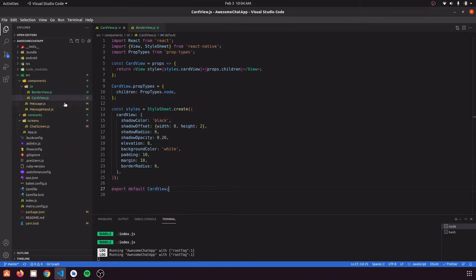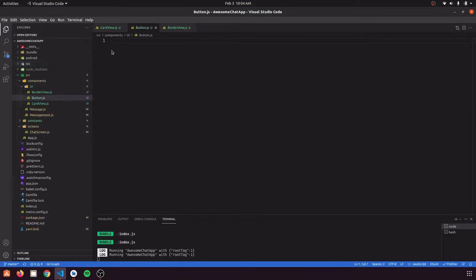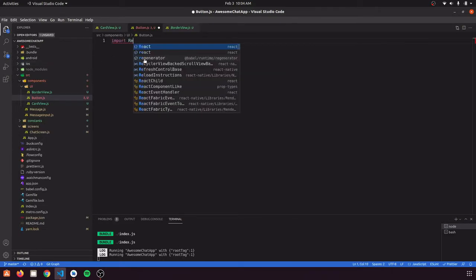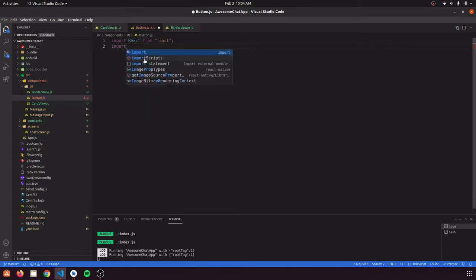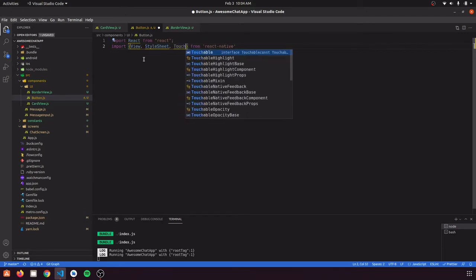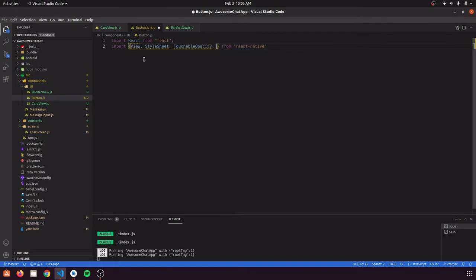So next we need to define our button. So for defining a button, let's just go to UI and create a button.js there. And let's just start by importing React, and after that we need to import View and StyleSheet from React Native, like we always do. And we need some more things from React Native also, like TouchableOpacity, and we need Text there.